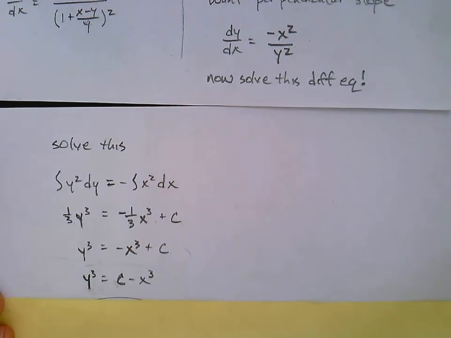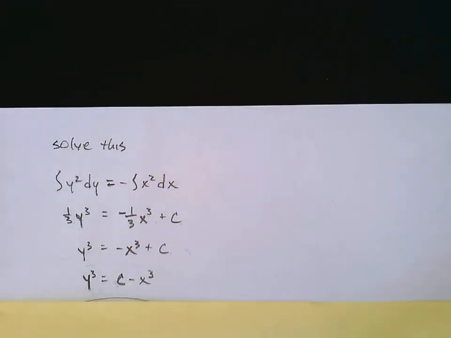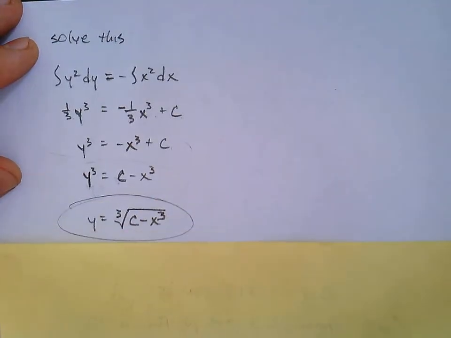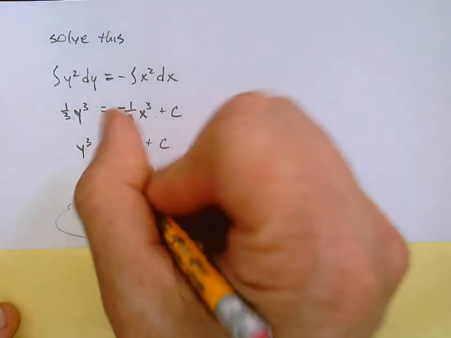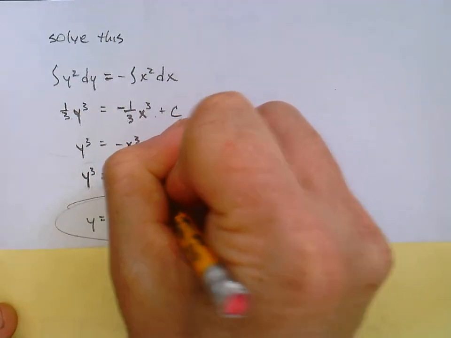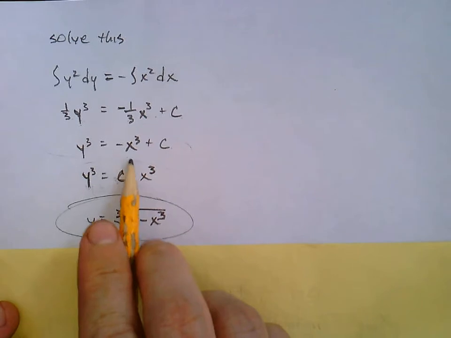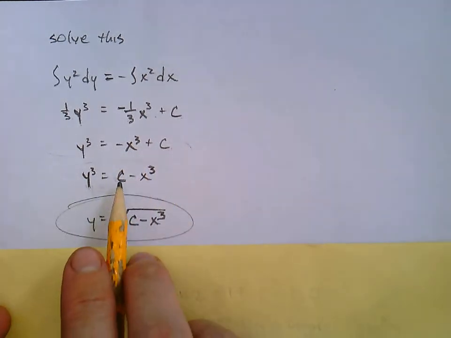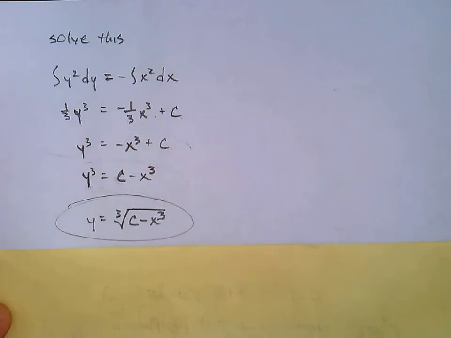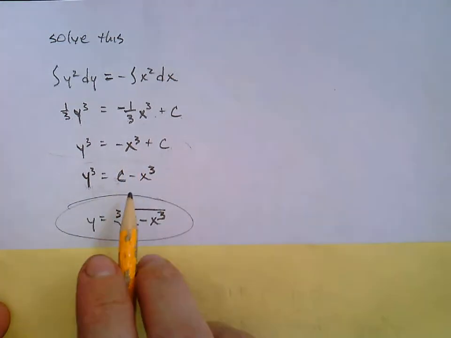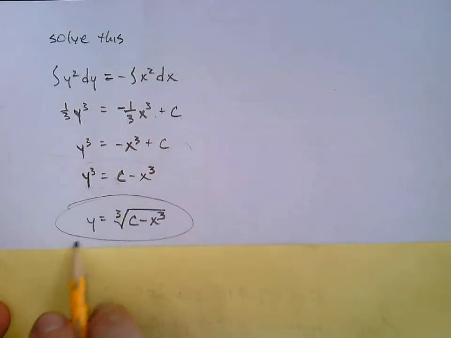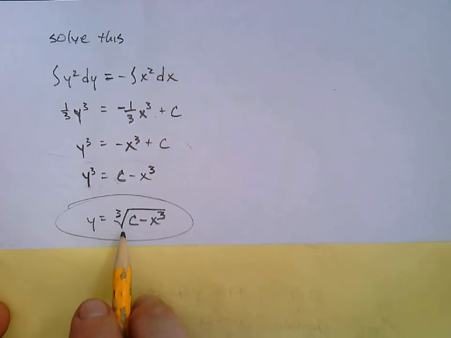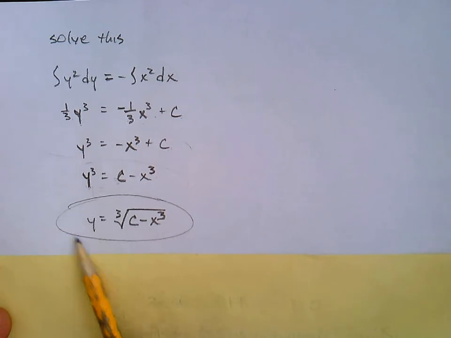And then we'll take a cube root. And notice that a lot of times you even see people switch these terms, negative x to the third plus c. Why not just think of it as c minus x to the third? You could keep it as the original, but this looks pretty nifty too. And then take a cube root. So the cube root of c minus x to the third, that is a family of solutions,